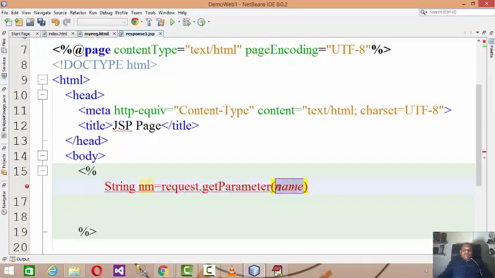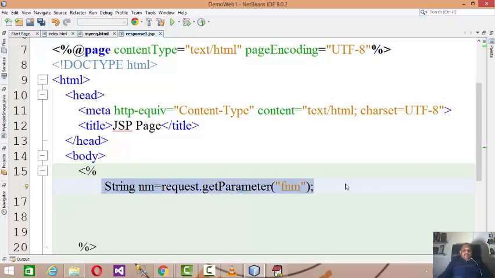So here you have to specify the name, FNM. The request JSP object's getParameter reads the data posted from the text field called FNM, and it will be assigned to the local variable string nm.